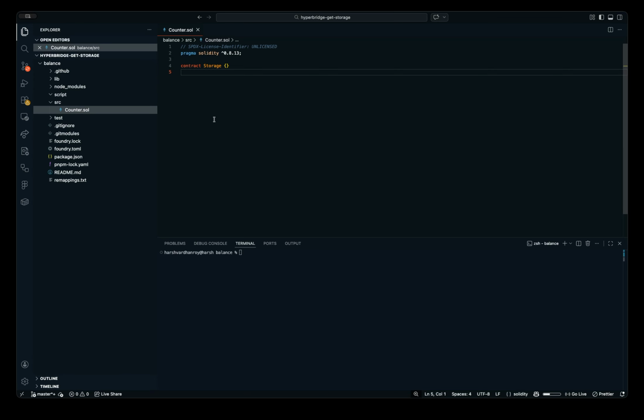So we have this empty contract here. The first thing that we would need to do is to convert this contract into a HyperApp so that it can interact with on-chain Hyperbridge contracts, right? So let's first import this HyperApp from Hyperbridge core apps HyperApp, right? HyperApp is an abstract contract, so we need to define a function, override a function here,